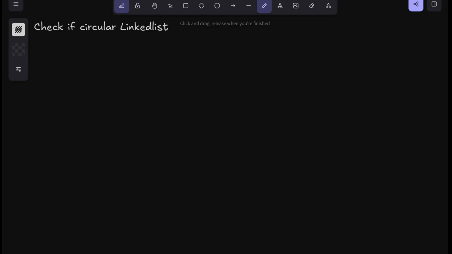Hi, today let's check if a linked list is circular or not. So the core idea of checking if a linked list is circular is that while traversing it, at some point we will come back to the head node again. So this is the most intuitive approach, and let's say we have this particular linked list, say 1, 2, 3,